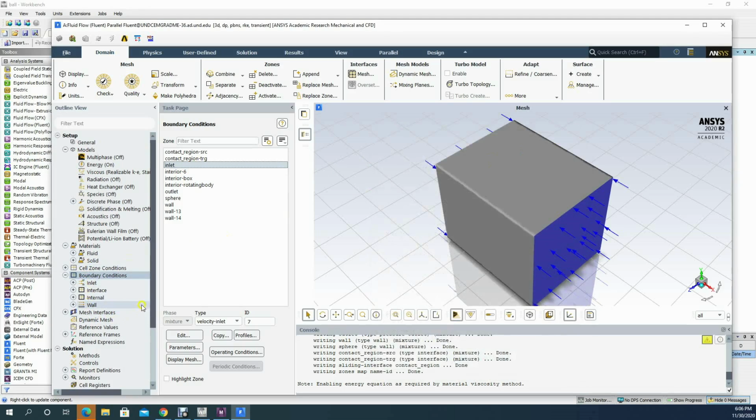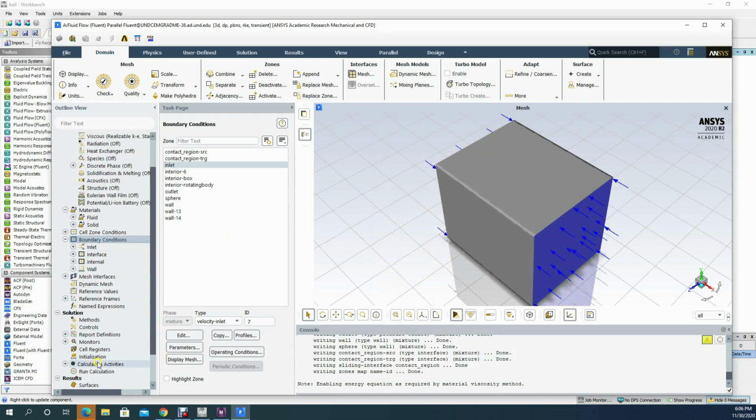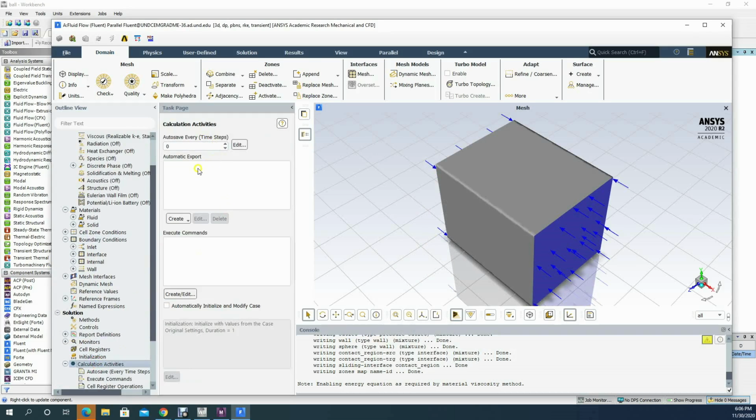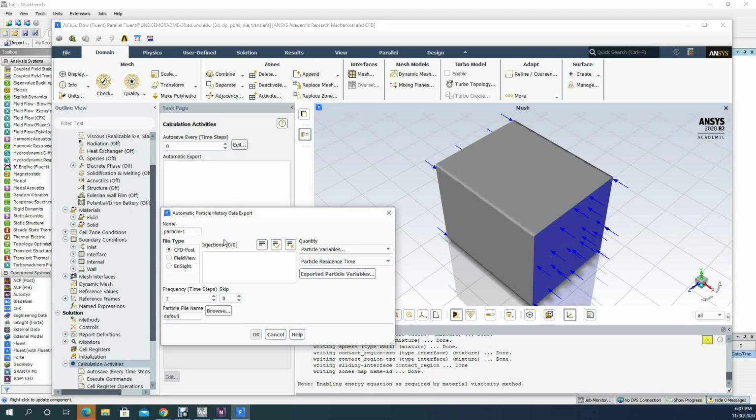Okay, so before we start, we go to calculation activity. If we would like to save our results, because it's a transient, not steady state, we're using a transient solution, so we need to save our results per time, so we could see what's happening at various times. So we could just create